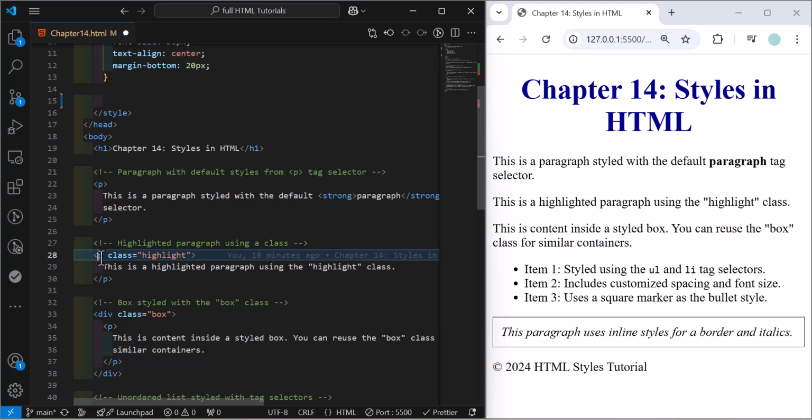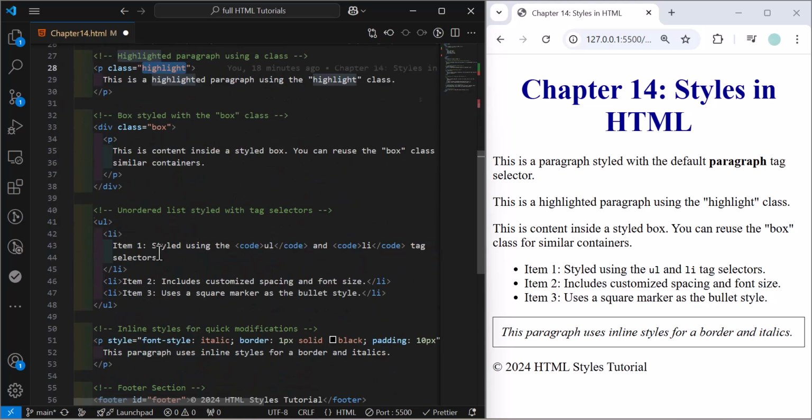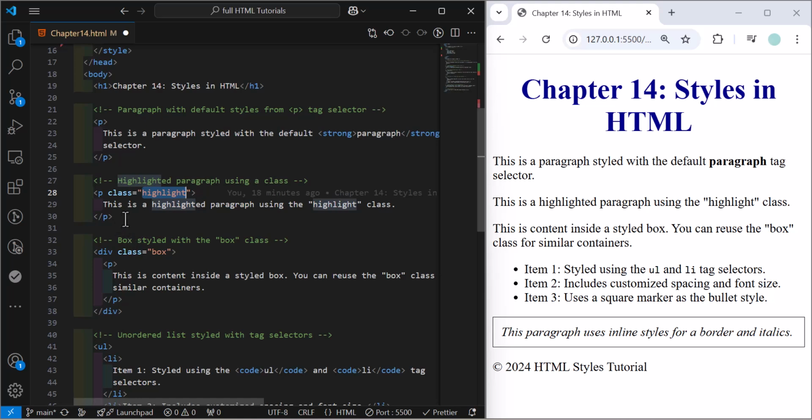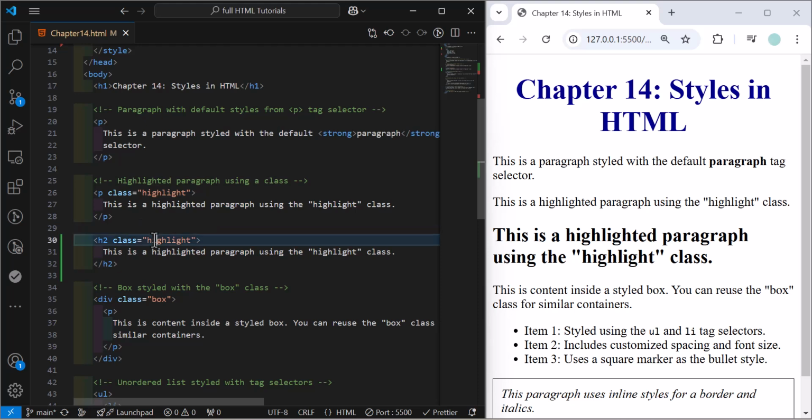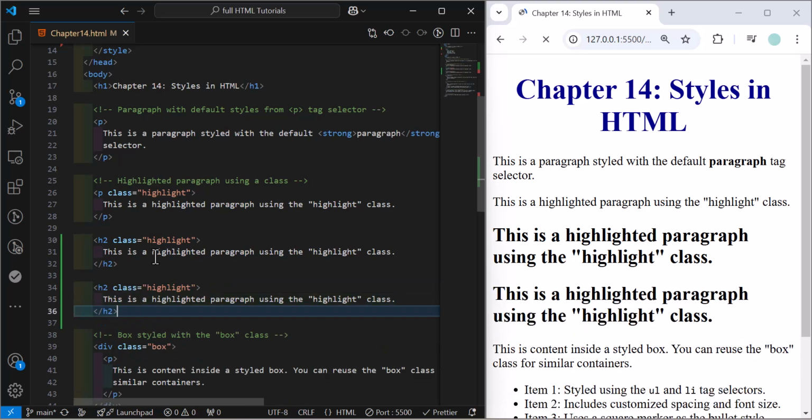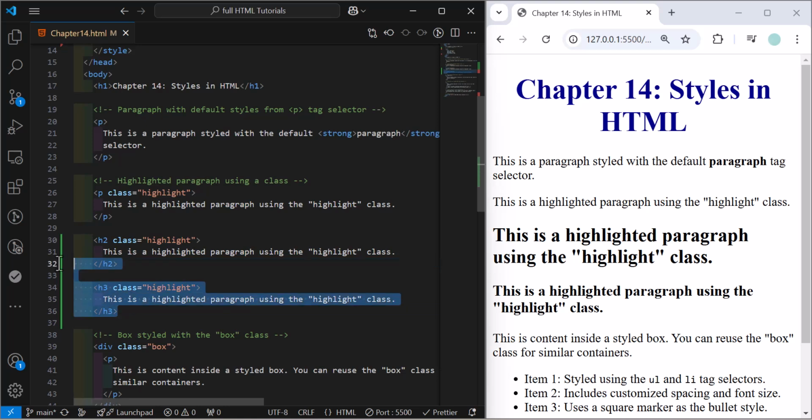For example, in this paragraph, as you guys can see, I added a class attribute with the name of highlights. And if I add something other, so let's add another paragraph. Let's change this to H2 and keep the same class name. And one more. Let's add one more class tag. Okay. So right now I have these three HTML tags with the same class name, highlight, highlight, highlight, and I